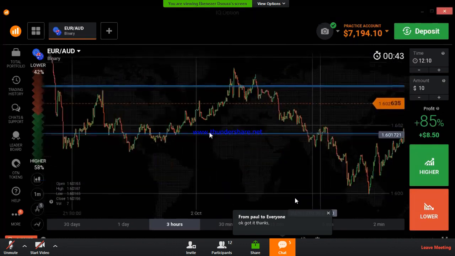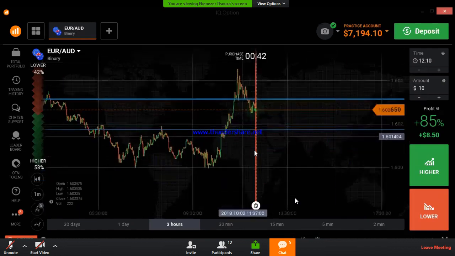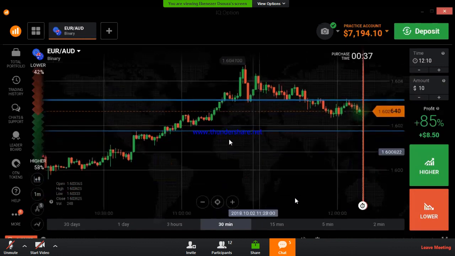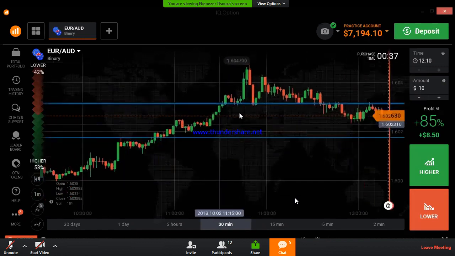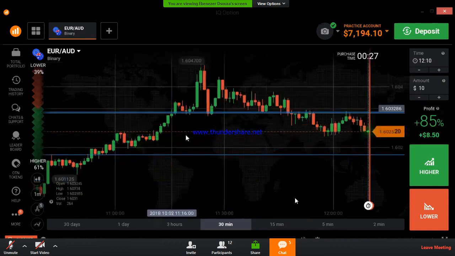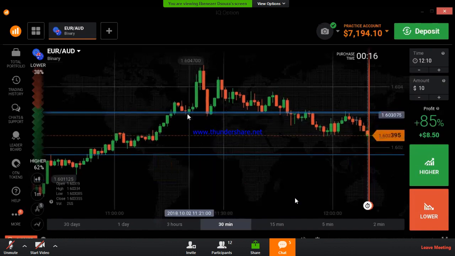Yeah. Because of this strong bullish movement, even if there is a reversal candlestick, buyers are still active, right? That's why it breaks this level. Most of the time it will reverse. You can't win each and every trade on the strong levels, but your winning ratio will be good, right? Yeah, the winning ratio will be good.